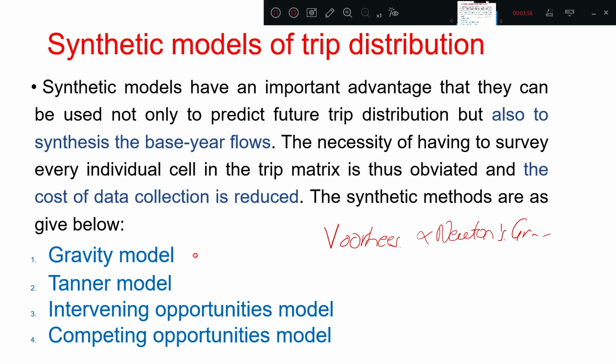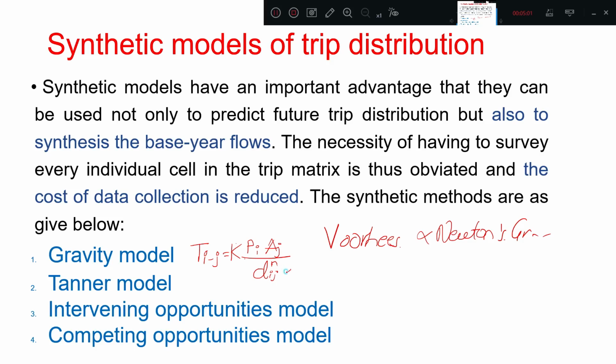So, in terms of an equation, the number of trips being attracted between zone I and J is equal to K times Pi into Aj divided by Dij to the power n. Here, K is a constant, usually dependent on the origin, Tij is the trips between zone I and J, and Pi is the number of trips being produced from zone I. Zone I is the origin, J is the zone where trips are attracted, and Dij is the distance between zone I and zone J,